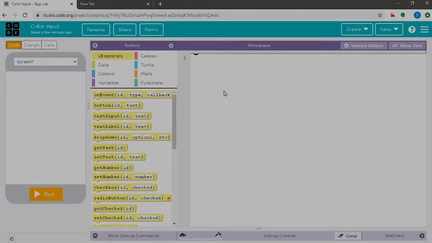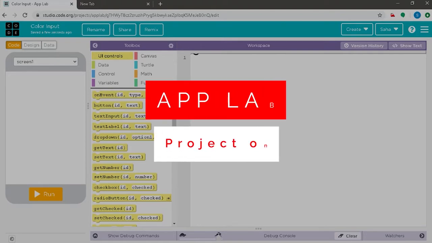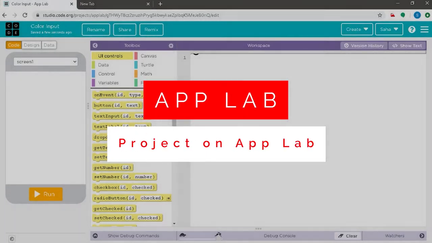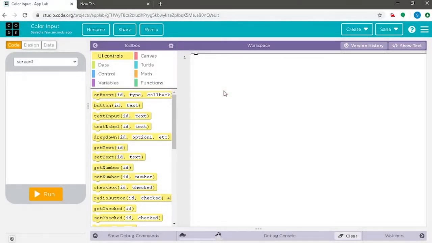In this session, we shall firstly create a very small project which will enable us to understand how some commands are in use and can help us create a small code. Basically, we shall be creating an app which enables you to turn the background color into your favorite color. Shall we do that?